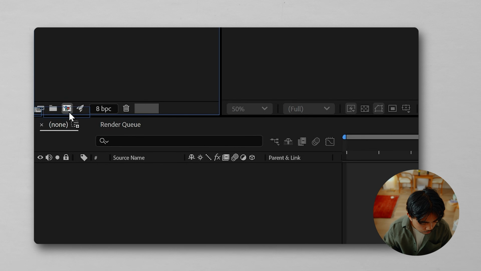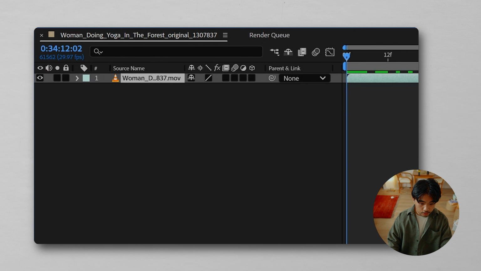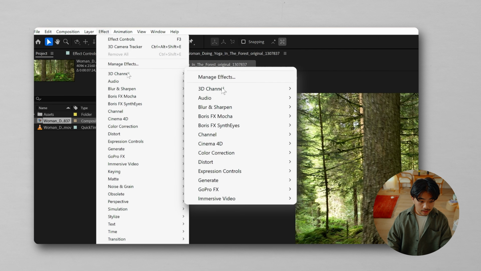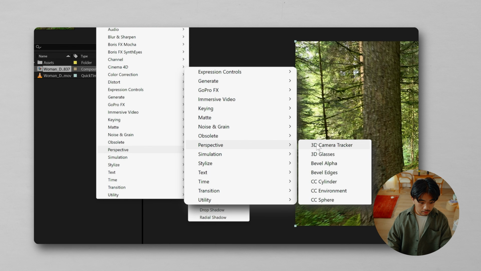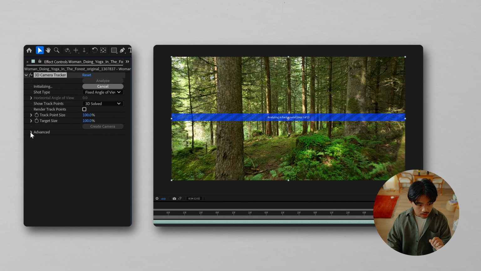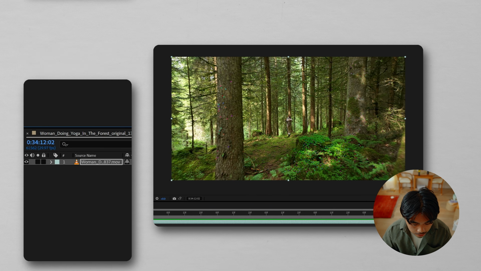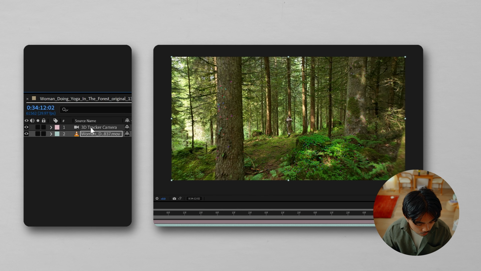Alright, so we'll make a new composition. And now, super easy, have your footage selected, and then go to Effect, go to Perspective, and then Camera Tracker. What I usually like to do is click on Detailed Analysis, and then it'll just automatically analyze. Once the solve has finished, you simply just click Create Camera, and then you'll have a 3D camera tracker layer